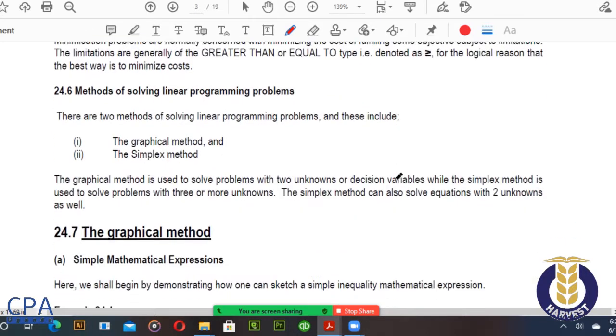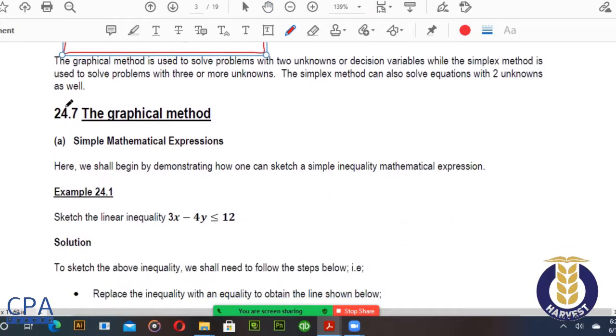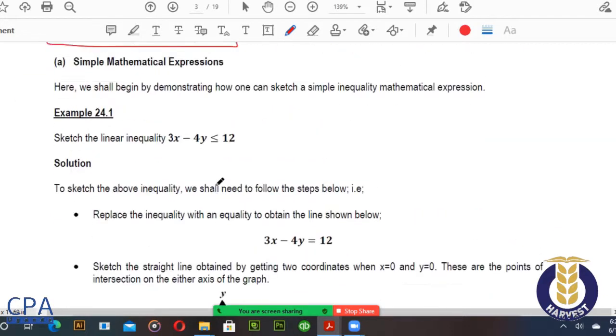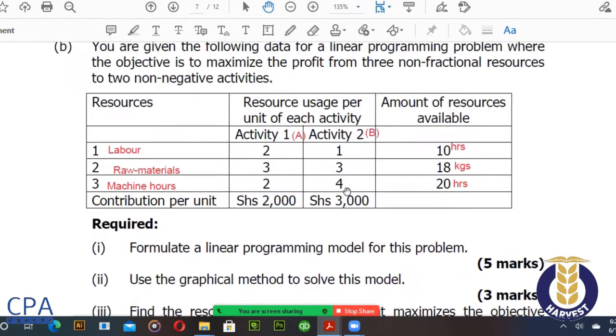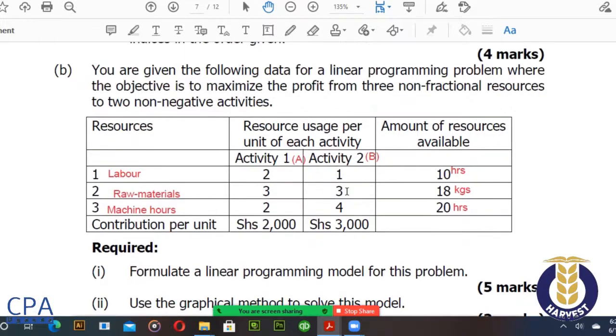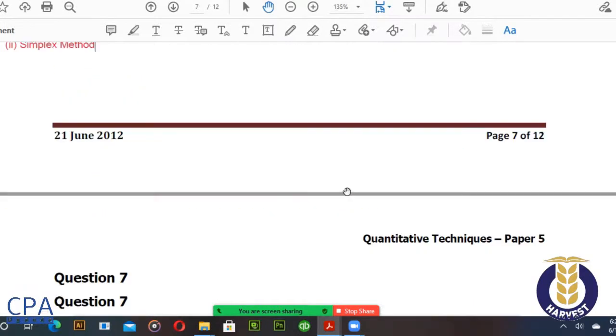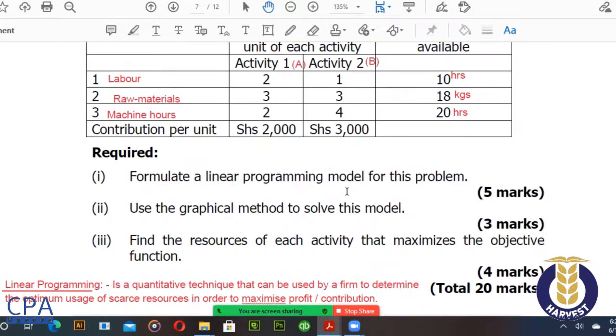So as I've mentioned, the linear programming approaches are mainly two. We have the graphical method, where we use the graph, and then we have the simplex method. Under the graphical method, which we are going to use today, the steps are very simple. We are going to explore those steps in this particular question. Now, step number one in the graphical linear programming approach,